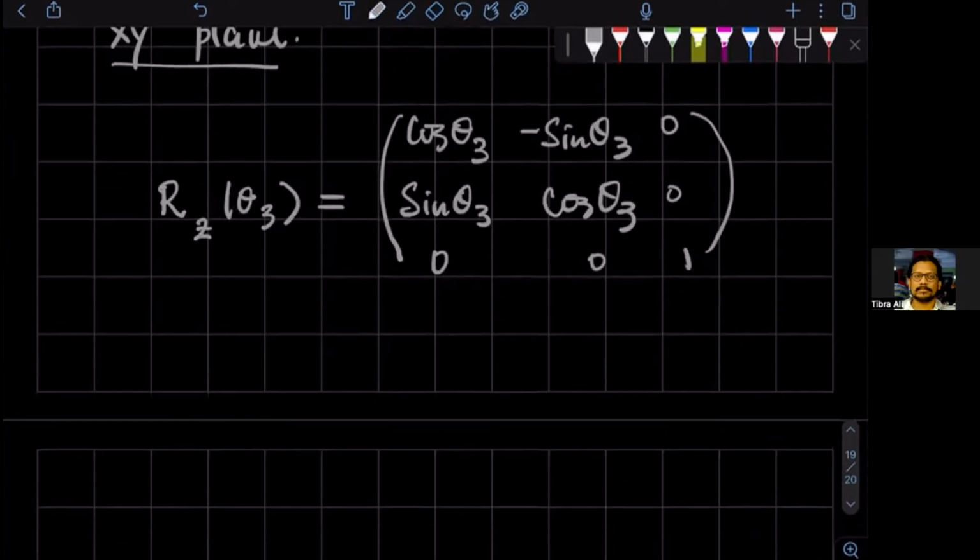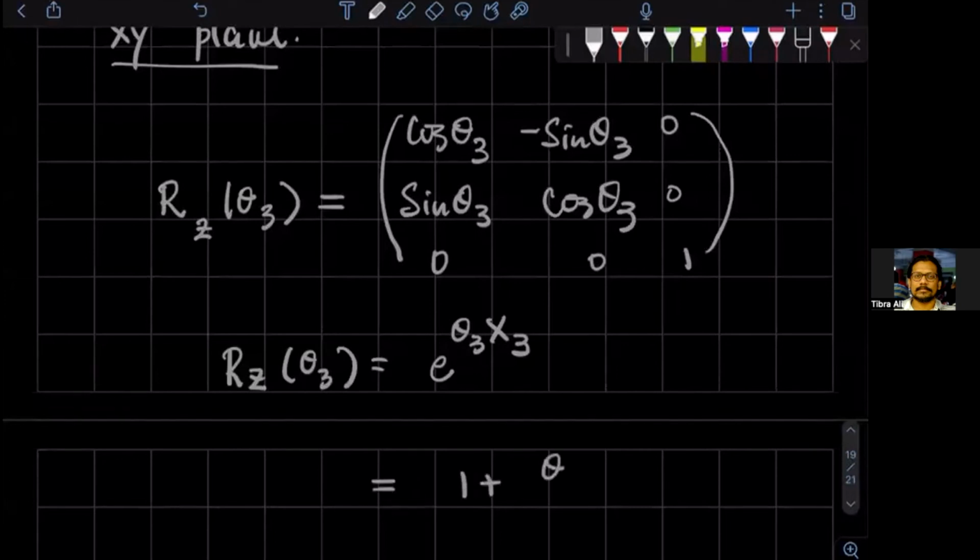And again, something you can verify for yourself is that this is actually given by e to the power of theta 3 times X3. The X3 that I gave above, if you write the right-hand side, if you expand it as a formal power series,